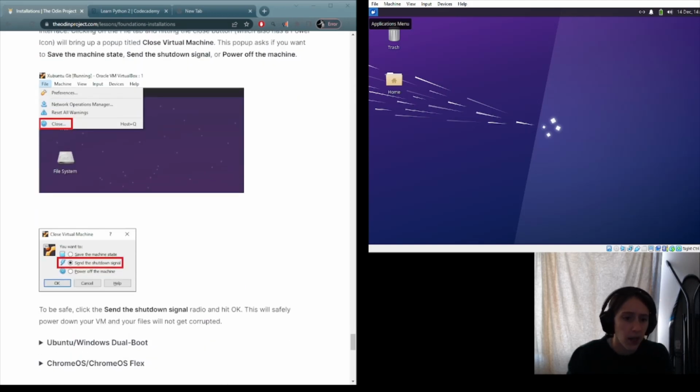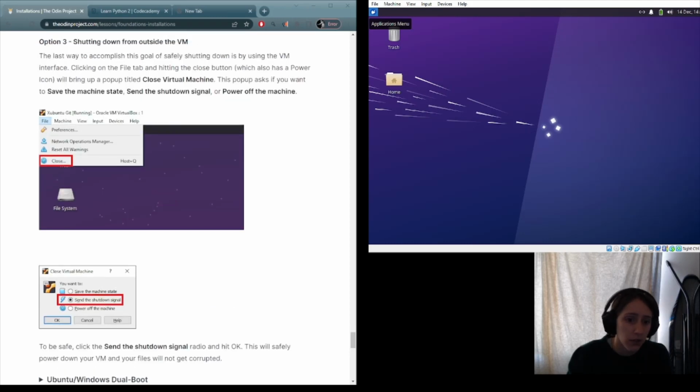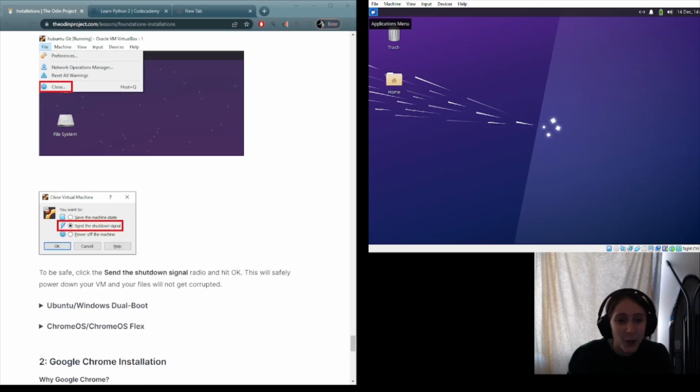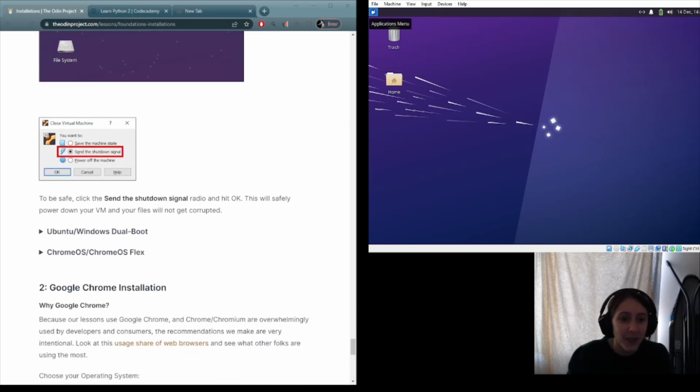To be safe, click the Send Shutdown Signal and hit OK. This will safely power down your VM and your files will not get corrupted. Great to know, because I had previously done that with the power off the machine. So, oops on that one. So, now we will download Google Chrome,